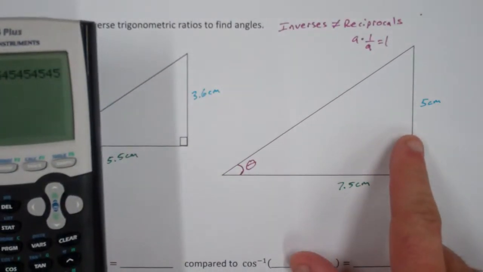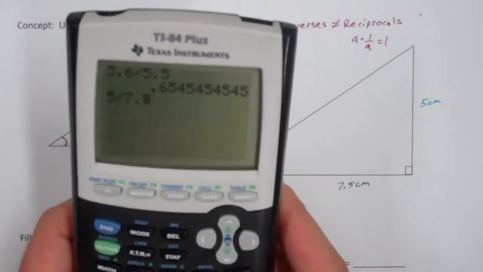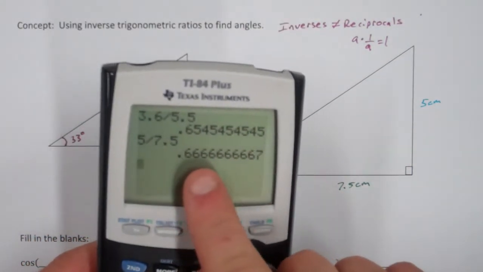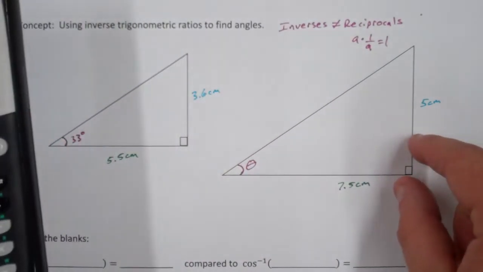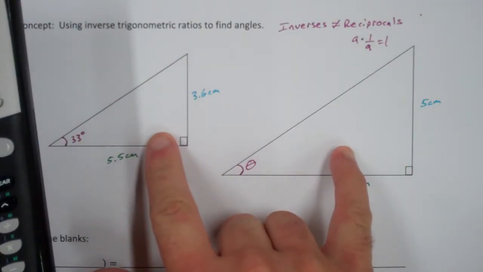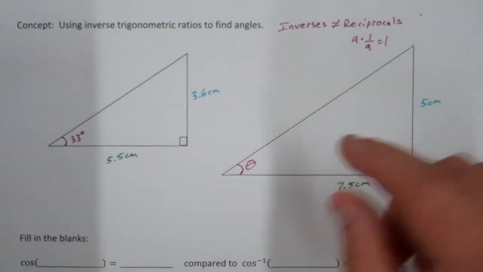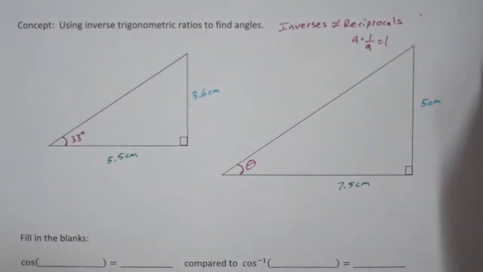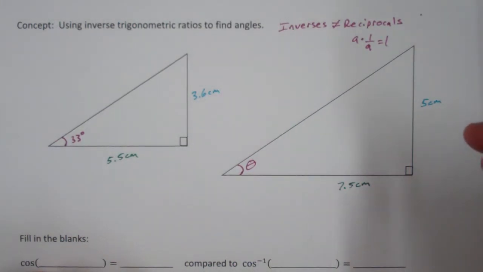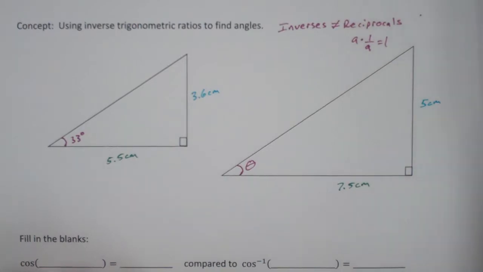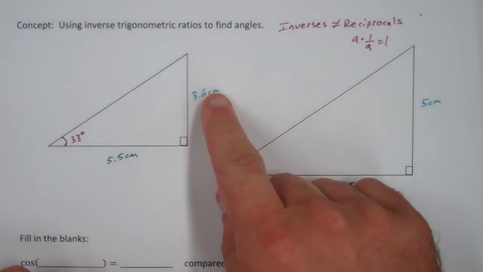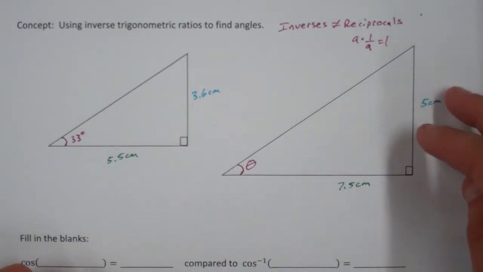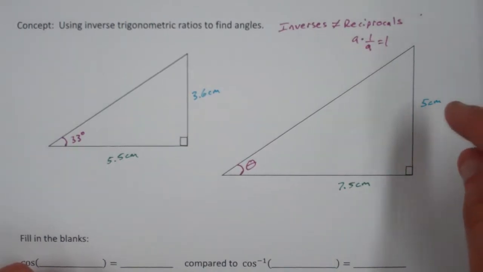Let's take a look at this triangle on the right hand side. We're going to do 5 divided by 7.5. And this is almost exactly the same number. In a perfect world, the ratio of the opposite over adjacent for these two triangles would be exactly the same. And if you look at these two triangles, they kind of look similar, and we also know that they are indeed similar triangles by the SAS property from geometry: if two triangles have corresponding sides with the same ratio,